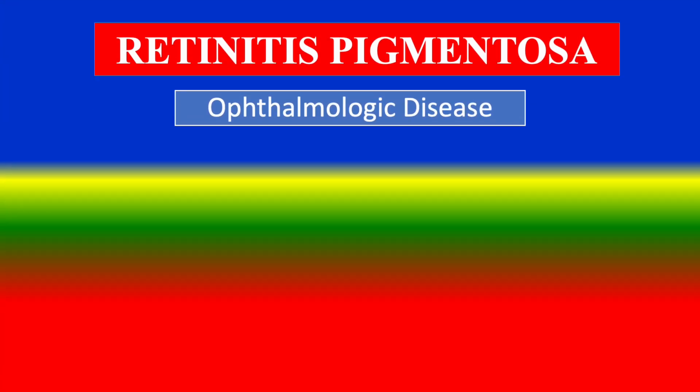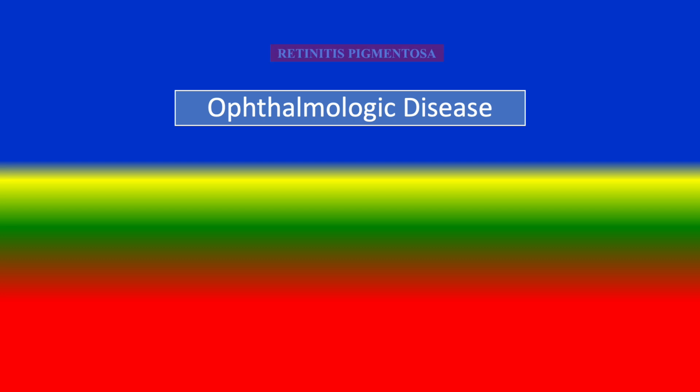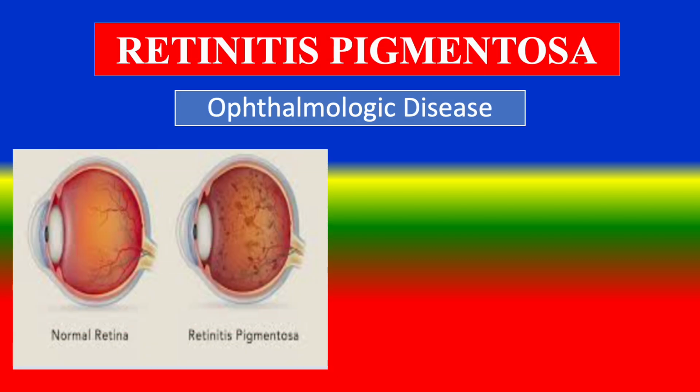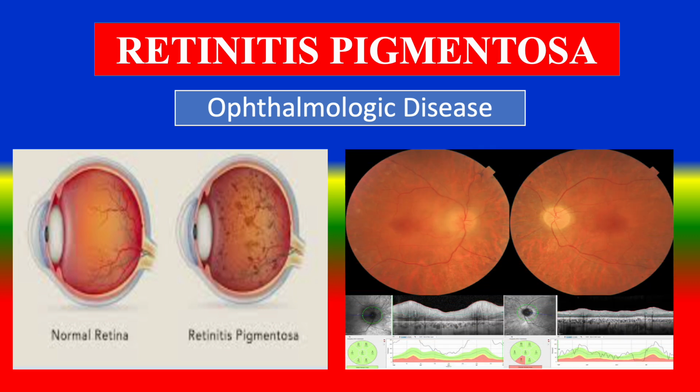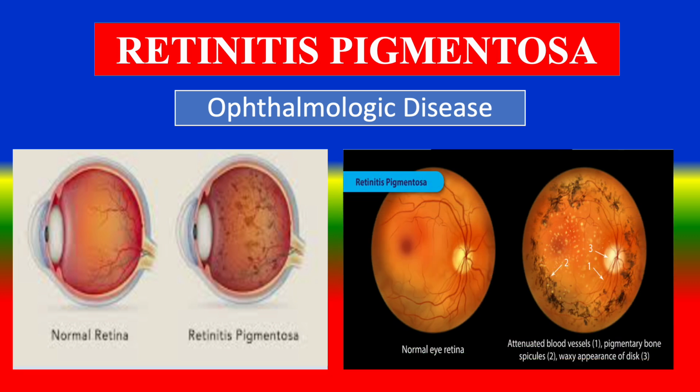Retinitis pigmentosa is an ophthalmologic disease. Look at this picture, which shows a normal retina and retinitis pigmentosa. OCT pictures, look at this. Fluoroscopy shows normal eyes and retinitis pigmentosa,